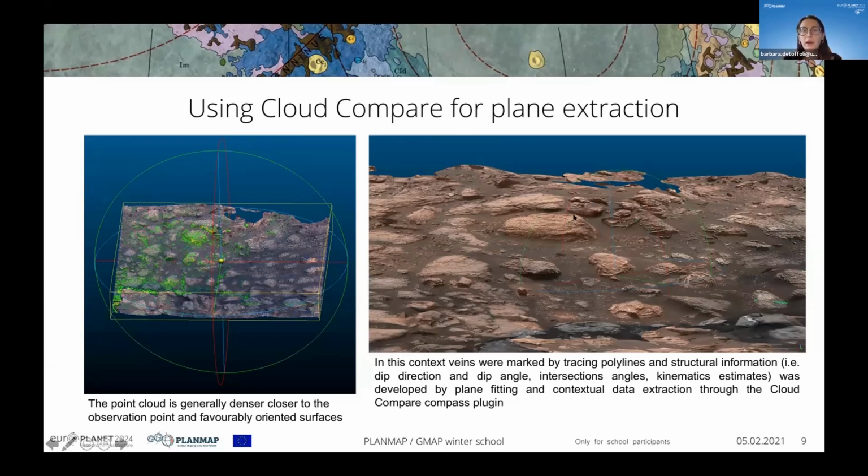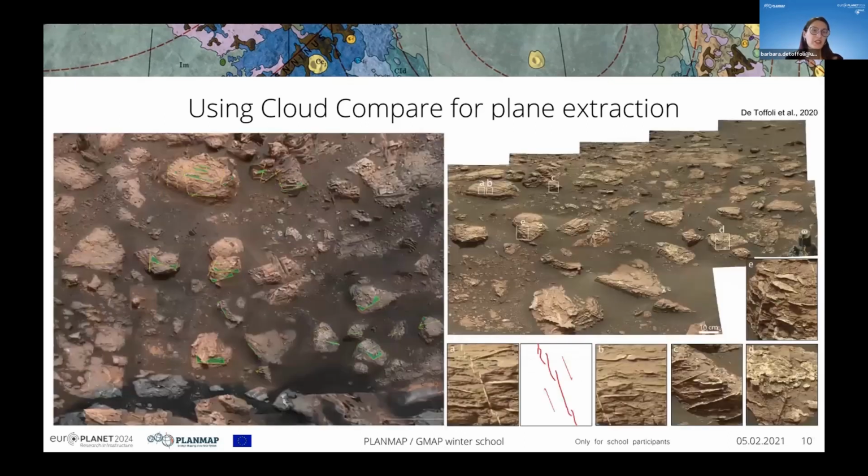Here we are zooming in on our area, and you can see we can start to glimpse the fractures. And what we did was something similar to what Luca was showing you before. We traced polylines where we saw the fractures outcropping on the knobs, and we extracted from such polylines the planes that corresponded to the three-dimensional information of what we were just seeing running around the knobs. That was possible through the CloudCompare Compass plugin. In the very end, the results of what we were doing looked something like that. So we had all the knobs cut through by these planes,